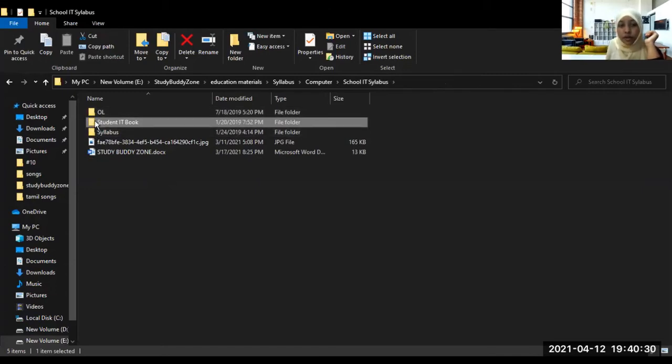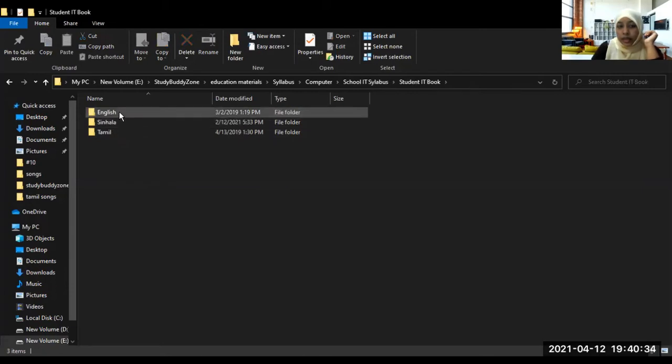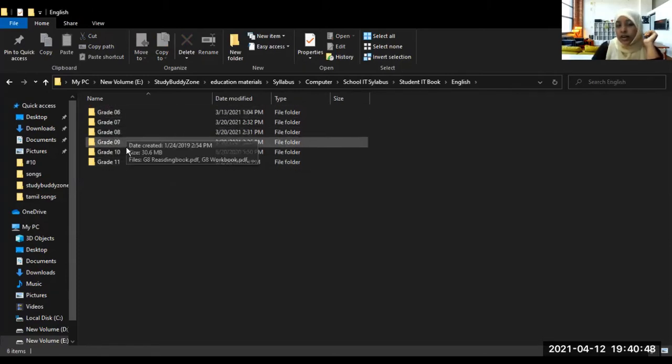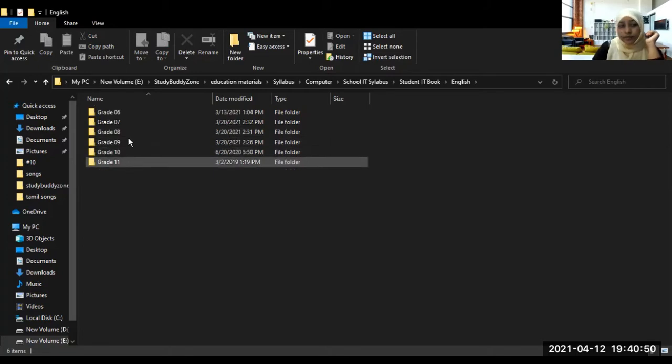So in these folders, if I click the student IT book folder, there are three folders: English, Sinhala and Tamil. When you click these folders, for an example, English, there are other folders inside: grade 6, grade 7, grade 8, grade 9 and grade 10, 11.